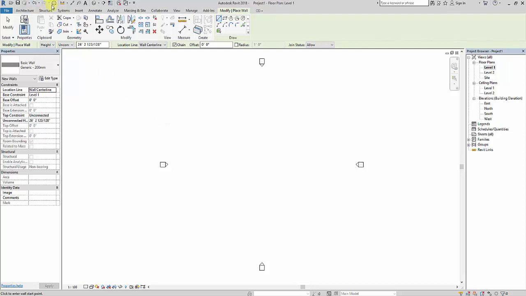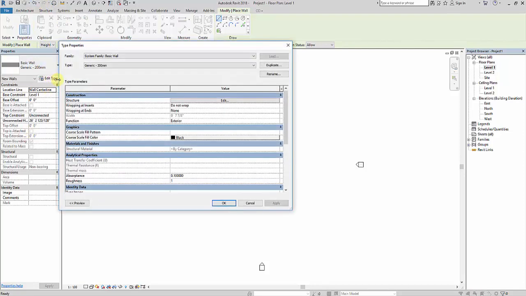So here, in the properties window, I'll click on Edit Type. Next I'll click on Duplicate. So what is duplicate? Duplicate is nothing but creating a new copy of the same wall. Suppose you don't click on duplicate and directly click on edit and change the thickness of the wall: the 200 wall will get replaced with the 9-inch wall, and you will not be able to recognize the original.